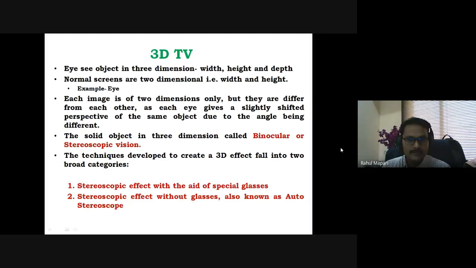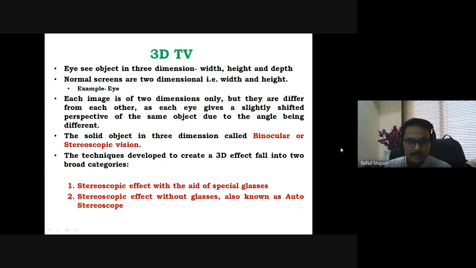So if you do a practical experiment, close one eye and see the object, and after that close the second eye and see the object with the first eye. If you see the difference between the vision of both eyes, the same object can be seen from a different angle.